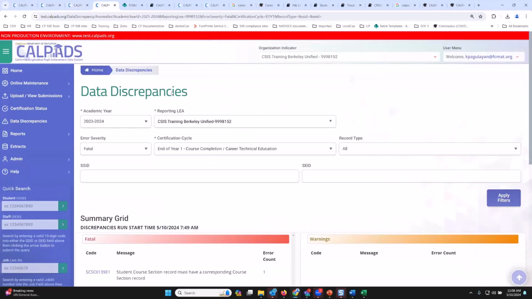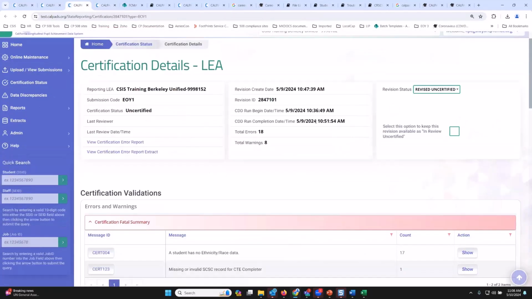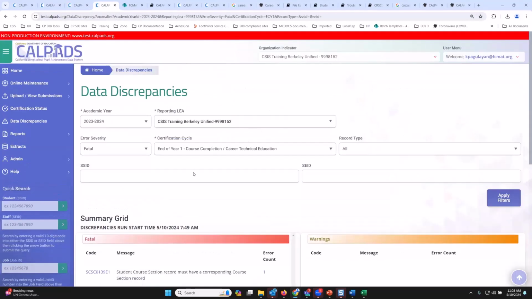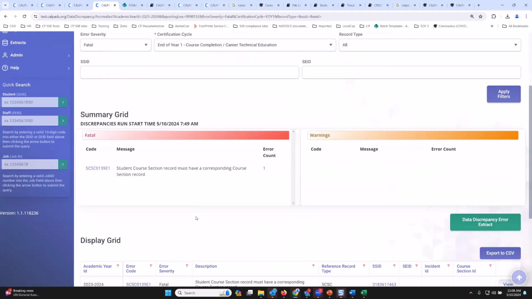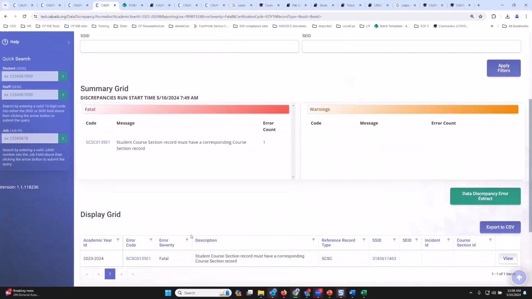Going to the data discrepancy, as you can see, I have here CDD as of 5/9. However, if I go to the data discrepancy, I have a CDD that triggered yesterday. All right. So that's some of the behavior in CalPADS that you have to be aware of. Sometimes there's latency, there's lag in terms of the snapshot revisions triggering for you.